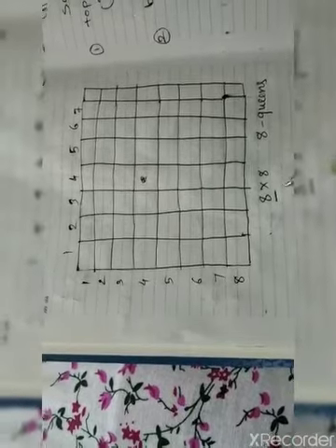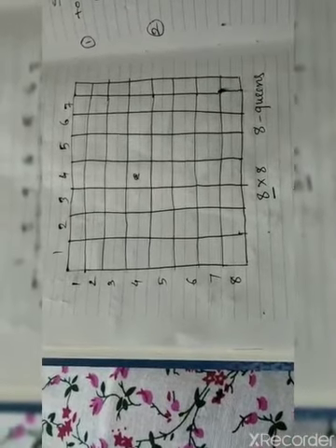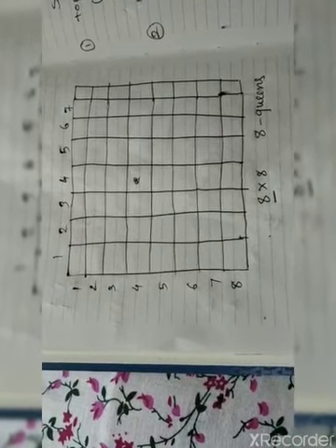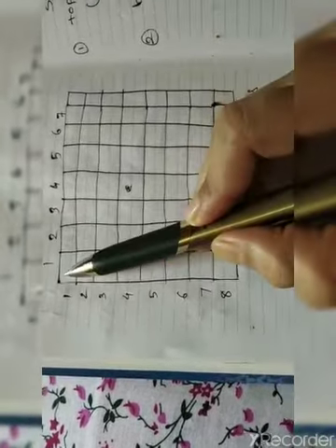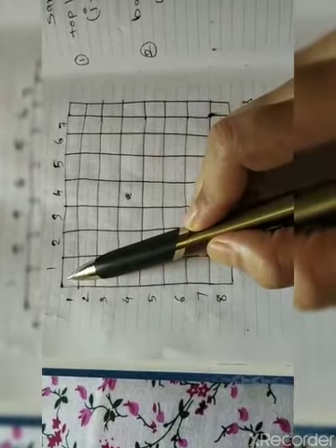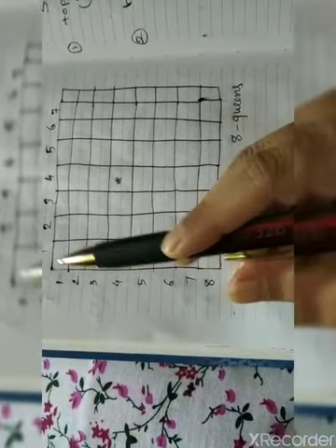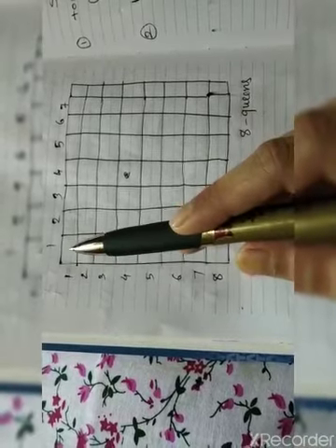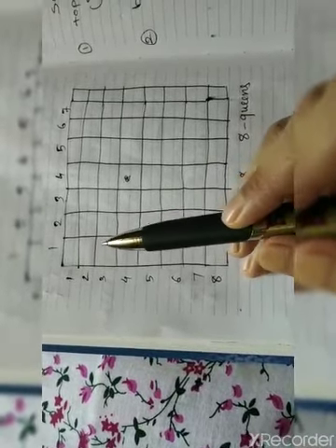We avoid this problem by defining that queen 1 must go in row 1, queen 2 must be placed in row 2 only, and queen 3 must be placed in row 3 only. So this is how we have already defined that a particular queen will go to a specific row only.